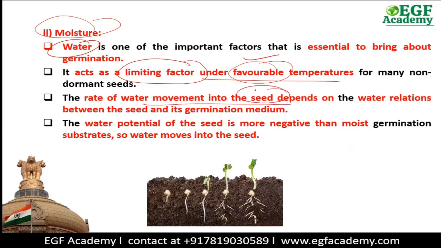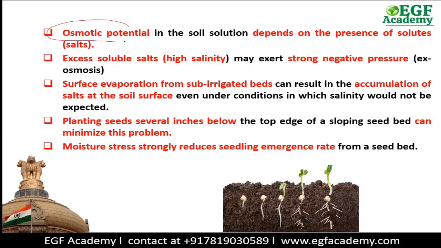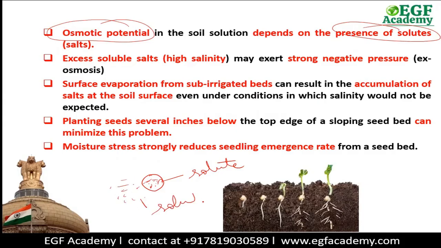Now how much water is going inside the seed depends on the water potential between the seed and the soil outside it, which is also known as osmotic potential. What does osmotic potential mean? It means presence of solute. For example, this is a seed. Now, what is inside the seed? There is some material. What do we call that material? That material is called solute. And the solute is also present in the soil outside. Means some material is present in the soil as solute.